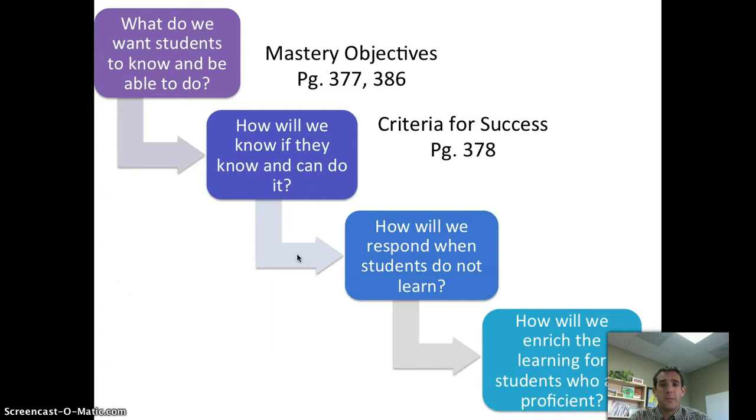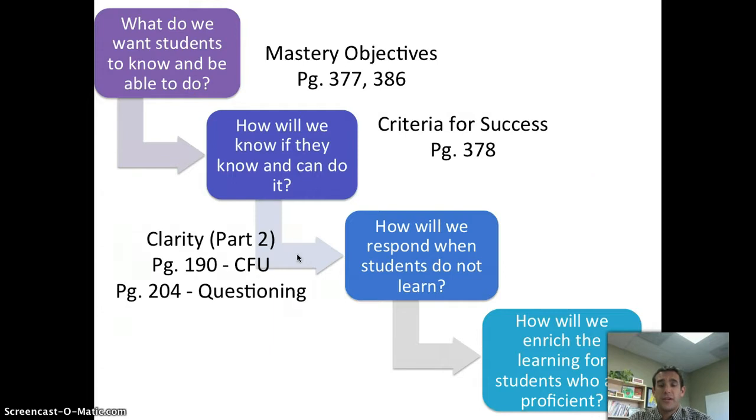Those two things will take up the morning, and then in the afternoon we're going to shift into clarity. Now, part one of the clarity chapter is all about what we would call teacher clarity. It's about framing the learning. It's about using explanatory devices or a repertoire of ways to explain things to students, and it's really about clarity in the way that you're presenting.